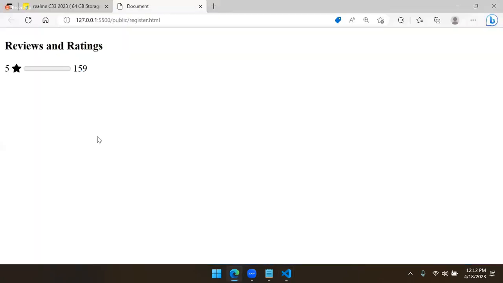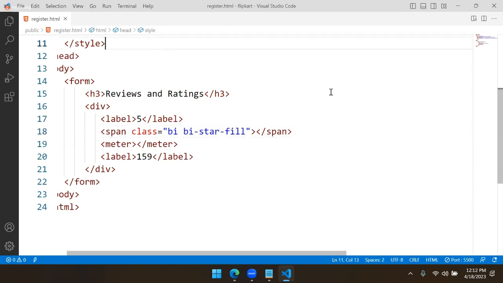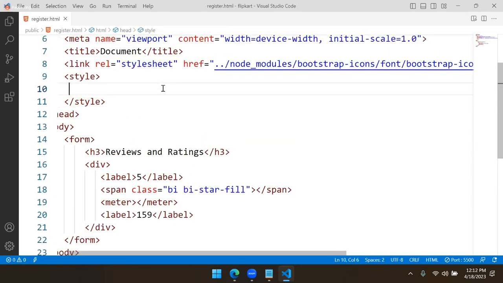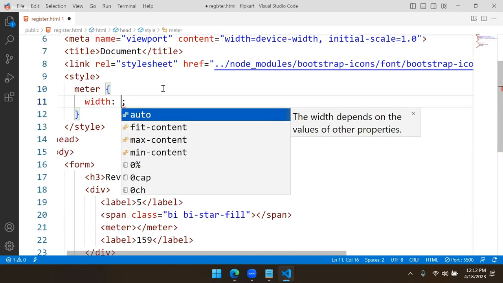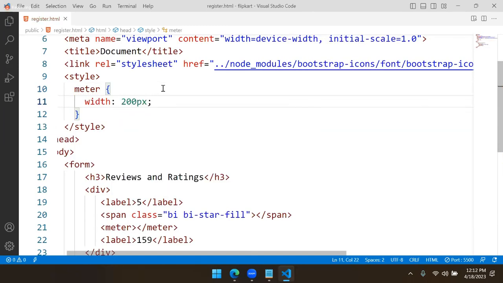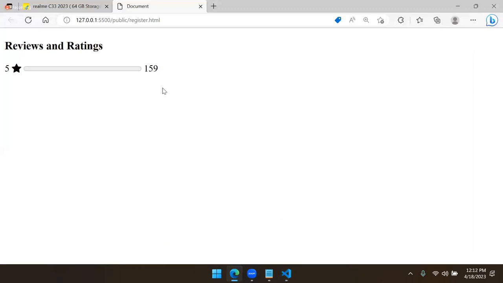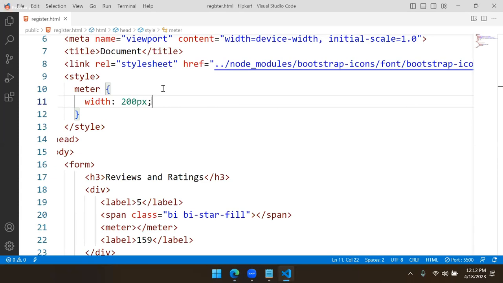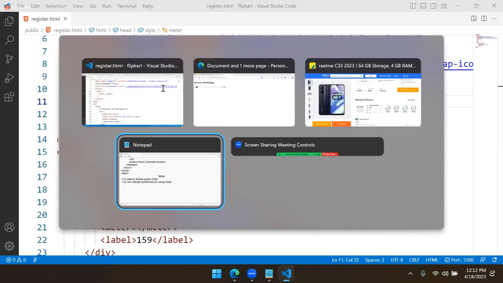It will display like this. I will adjust the width here. Just do meter width as, suppose, 200 pixels. Its size is adjusted now. The meter is adjusted in size. Now, in this, the meter is having